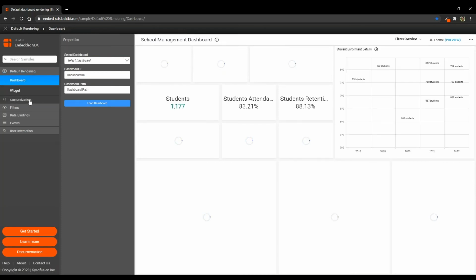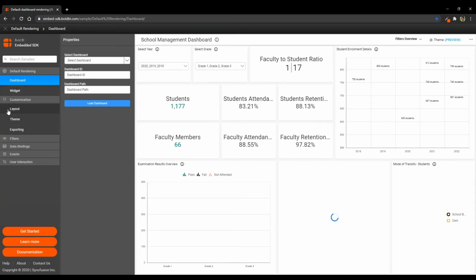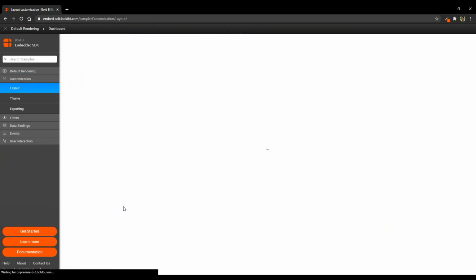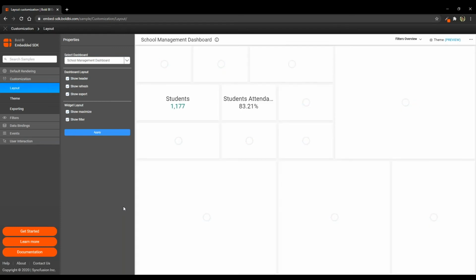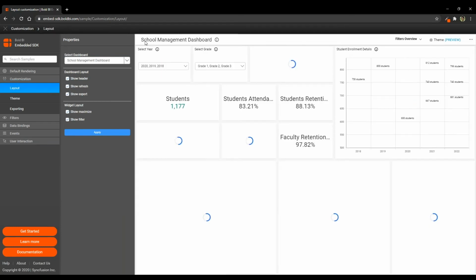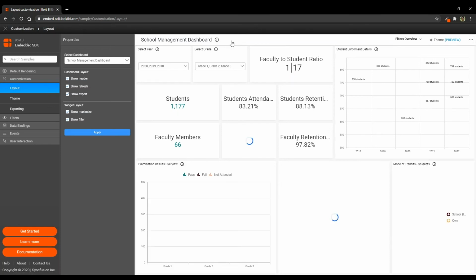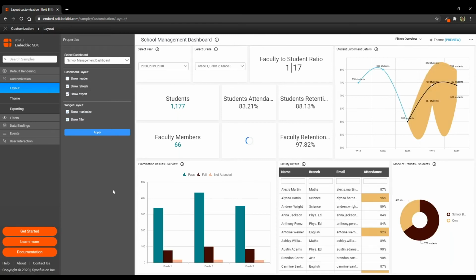Now let's jump into the second portion, customization. In a product, one could feel that this header doesn't look matching with the application, and this header is not required at all, because just the dashboard and the metrics are needed. So I uncheck this property.